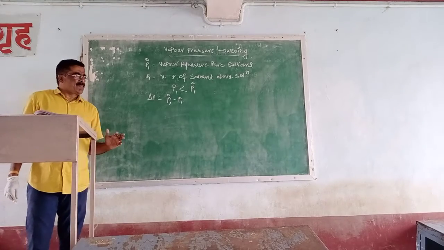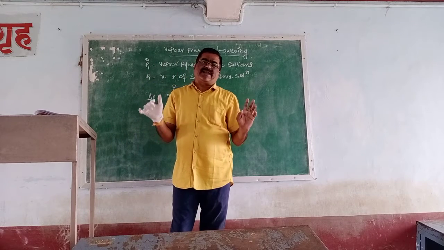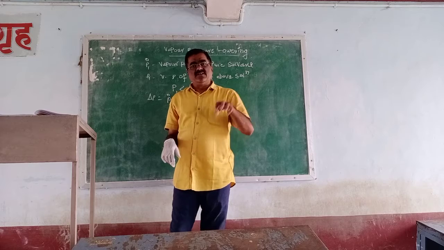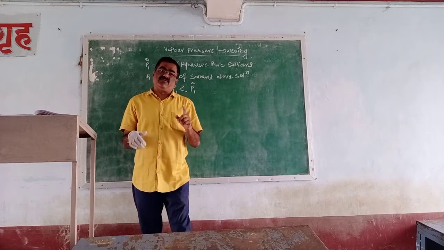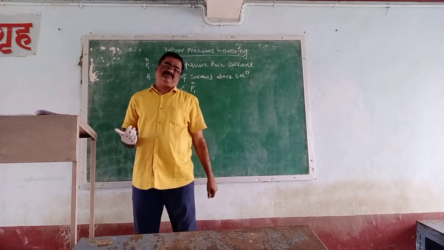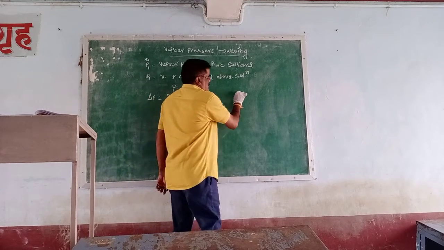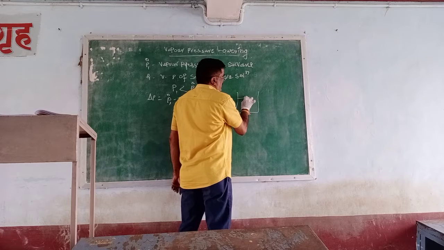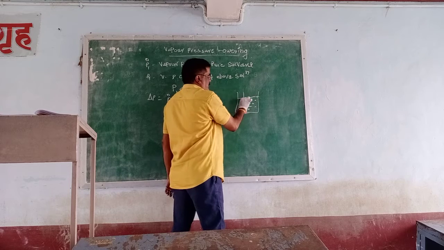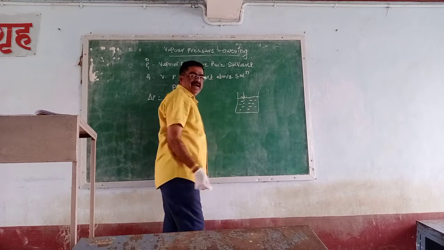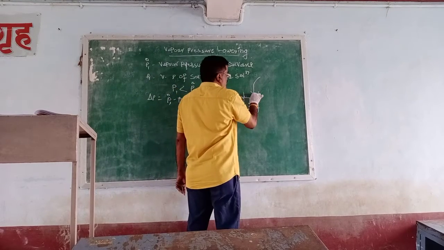Means the pure solvent's vapor pressure is greater, but when a non-volatile solute is added into the pure solvent, the vapor pressure will be decreased. Hence, the lowering of vapor pressure. Suppose that this is the container, and this is the solution. The vapor pressure of the pure solvent at this stage, and when the non-volatile solute is added,